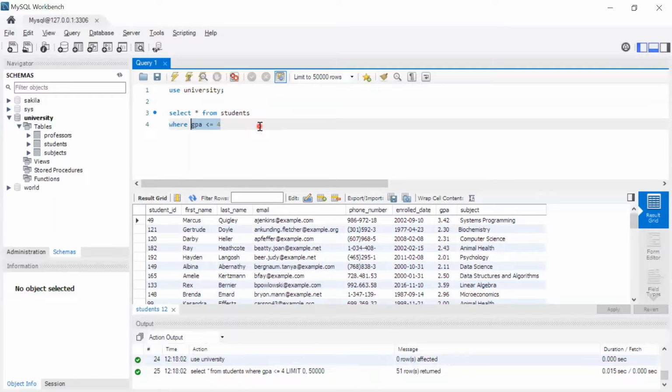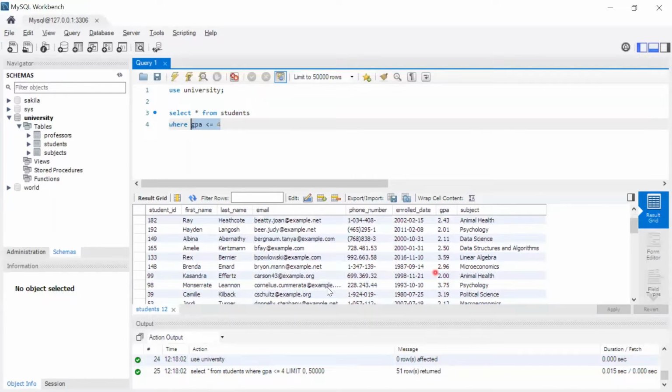So a true or false output. Essentially what is happening is SQL will take the entire table and check each row to see if this condition is true or false. Then, depending on what we've asked for, it will display that row or not display that row. That's sort of what is going on behind the